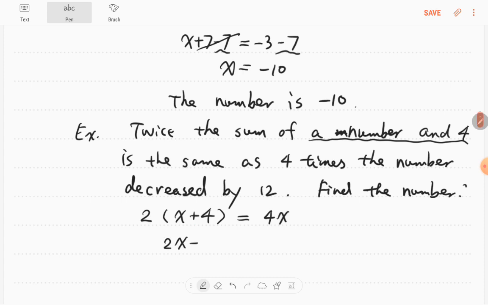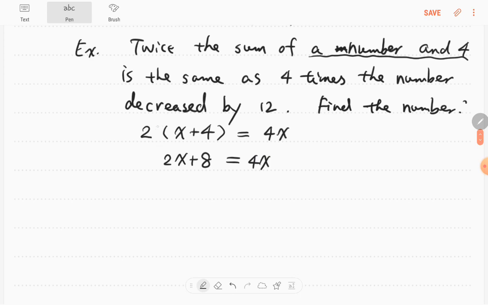After that, because we have parentheses here, we need to use the distributive rule first. So for this term, we will get... After we use the distributive rule, make sure you do it very carefully. I know this is a common mistake for lots of students. So after that, we will get 2x is equal to 8x... Oh, sorry, I didn't finish it by this step. So I will go back to,